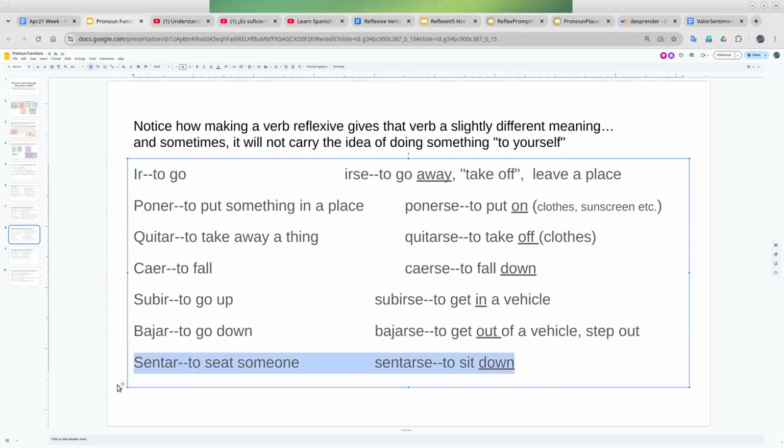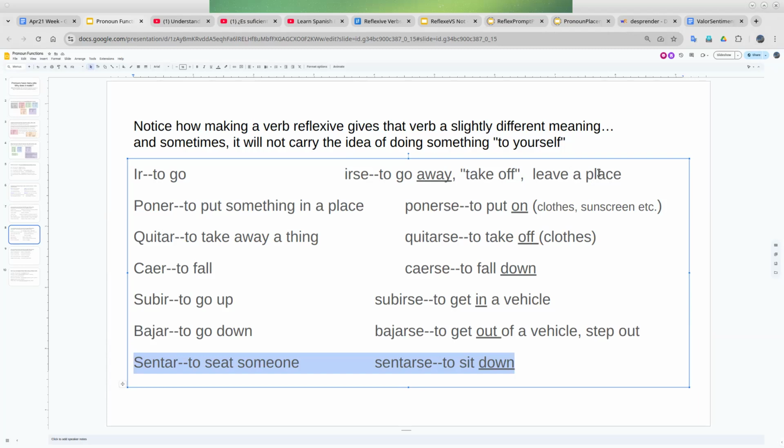This one you would not hear a lot. I'm going to point out what you would not hear a lot. Sentar as a verb by itself, not reflexive, does exist, but that exists in an action where you said something like, the maitre d' seated the patrons, right? He took them to their seats. Or an usher at a theater looks at your tickets and shows you to your seats. That is the action of sentar.